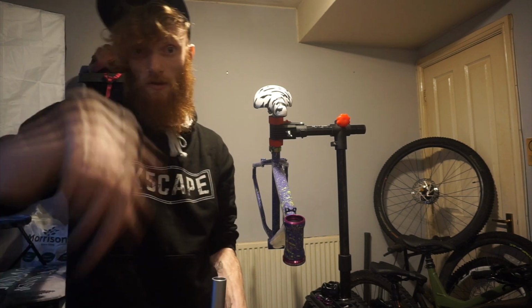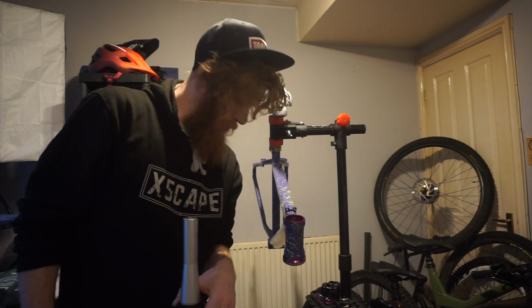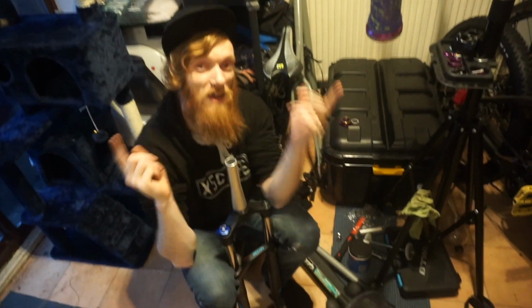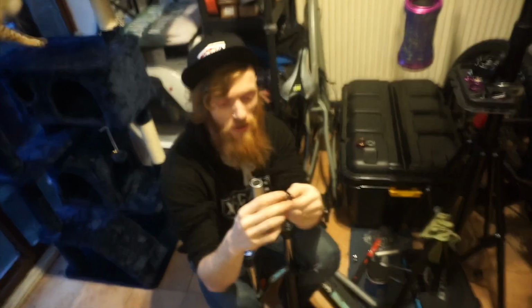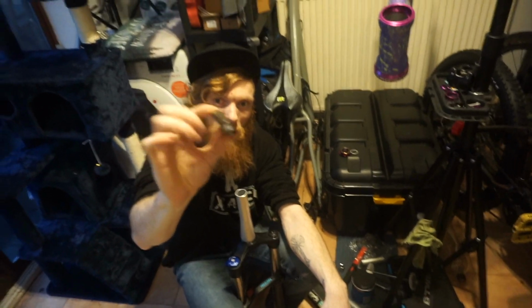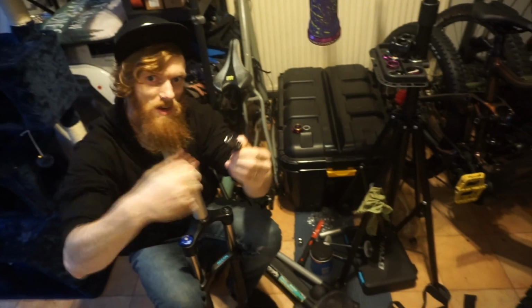So now we're going to angle down again and put that star nut in, the bit I've been dreading. Okay, so this is not the ideal place to do it, or the proper tool to do it with. So I'm putting my star nut in, but I'm basically just using a socket set to drive it in, and